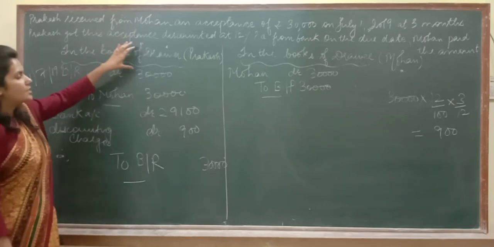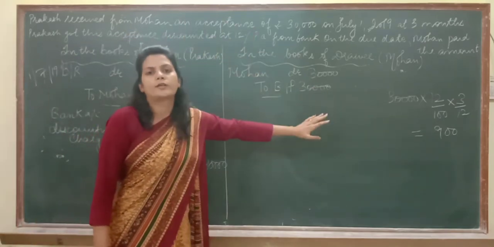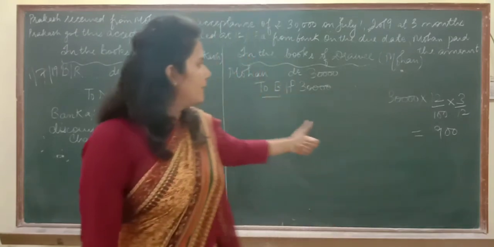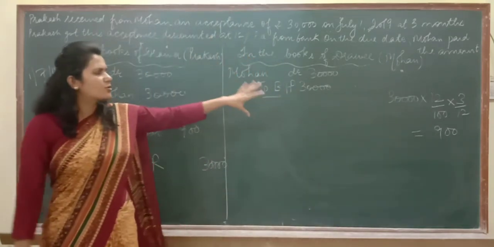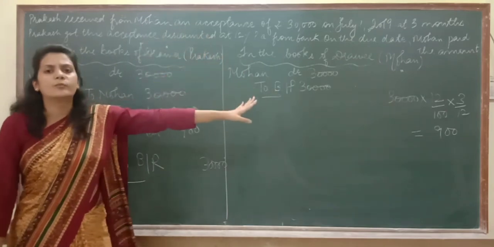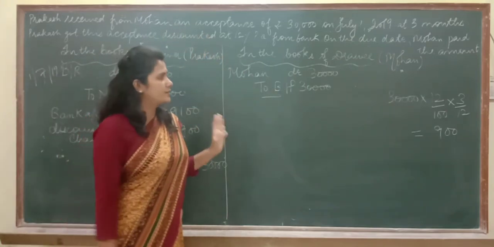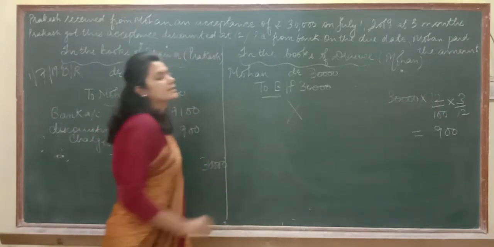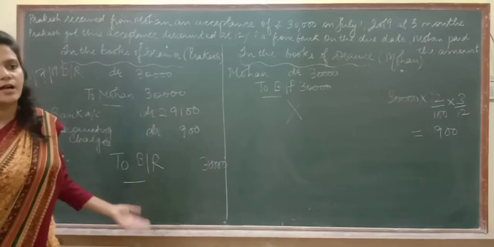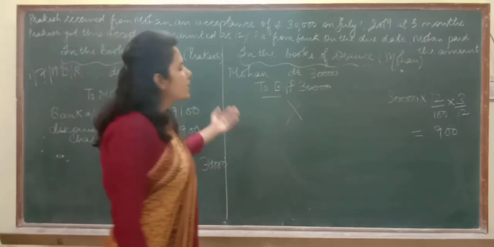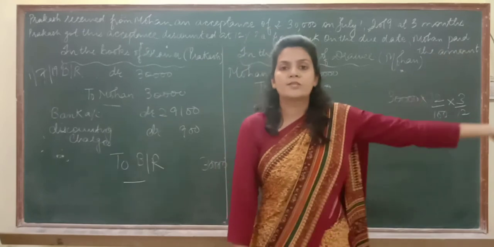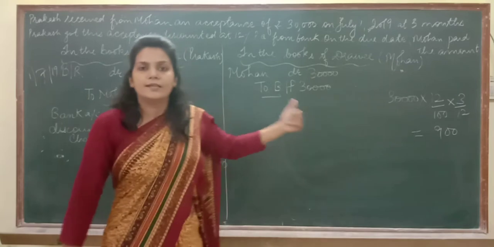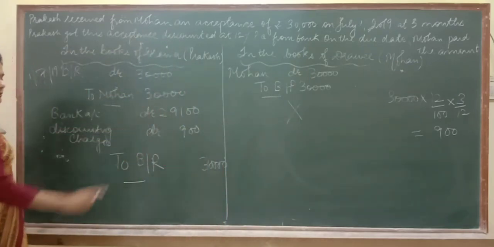Now Prakash has only informed Mohan about it, that yes, I have got the bill discounted. Now on 4th of October, you have to make payment to the bank. Prakash has only informed Mohan. Mohan doesn't have to pass any kind of entry in the books, because Mohan is not at all concerned with this transaction. The bill was with Prakash, and Prakash has taken money from the bank. Prakash has informed Mohan that Mohan has to make payment to the bank, and Mohan has to make payment on 4th of October. So on July 1, Mohan has nothing to do with it. So no entry will be passed here.